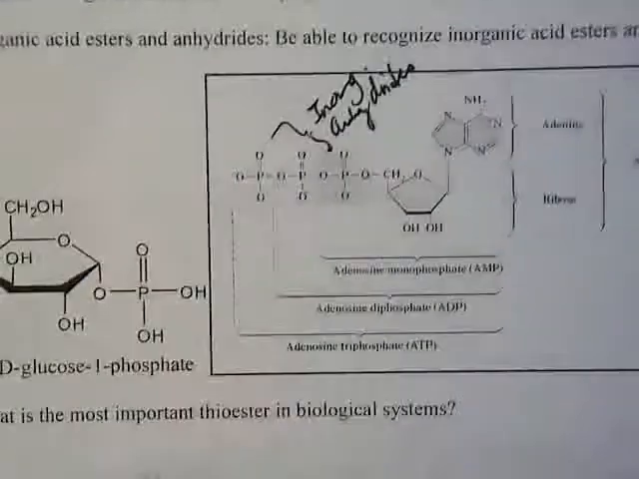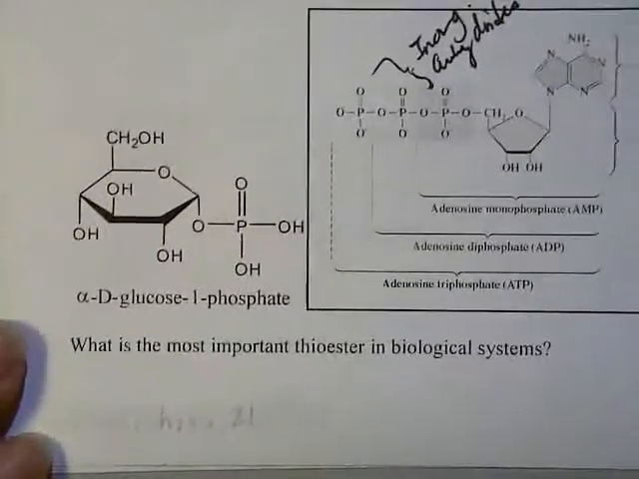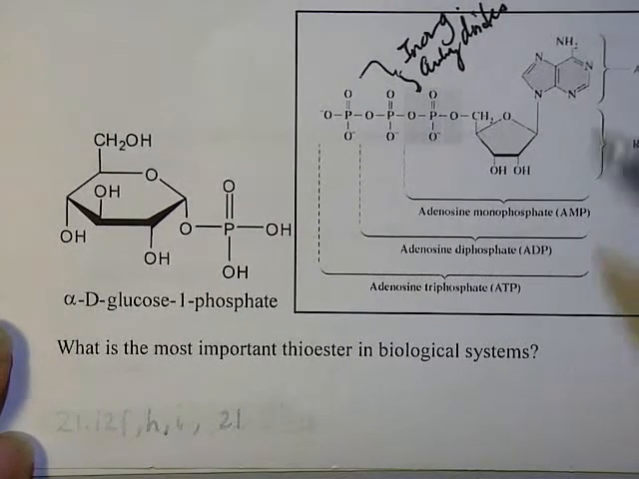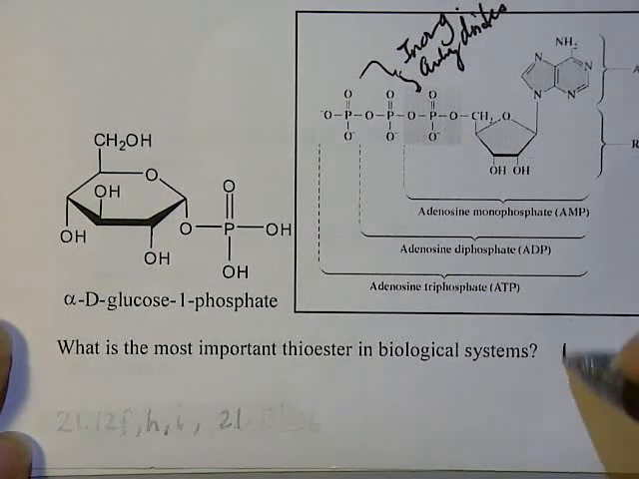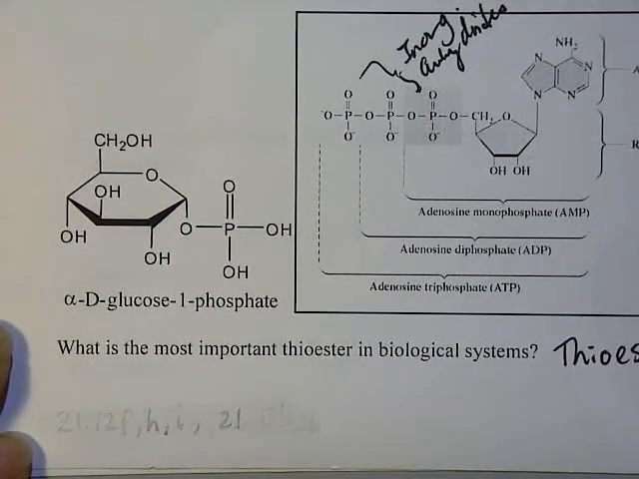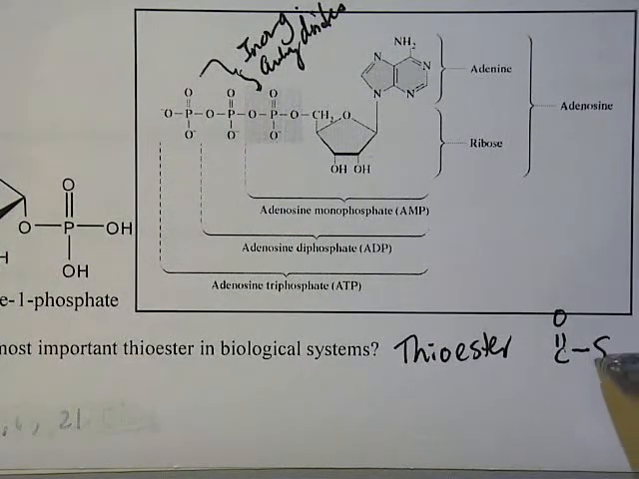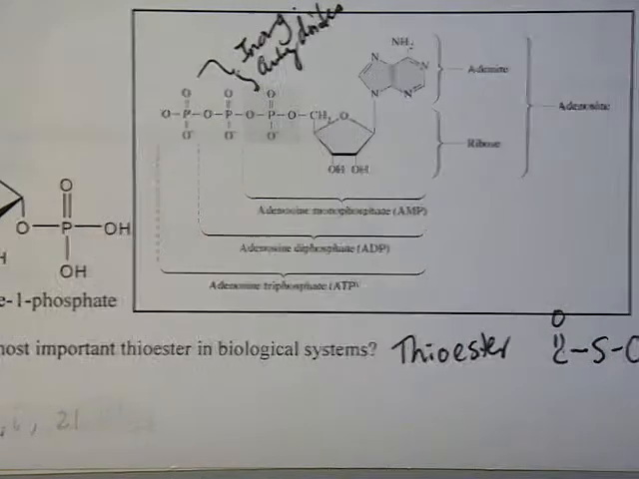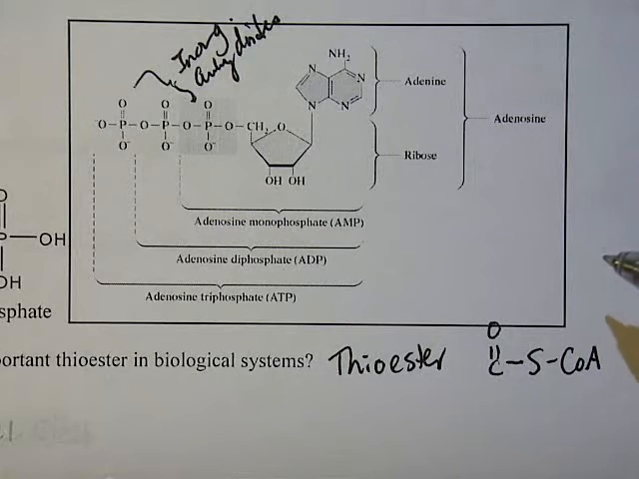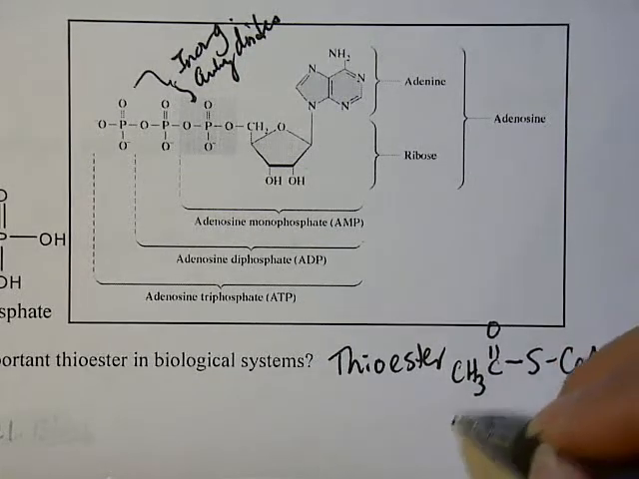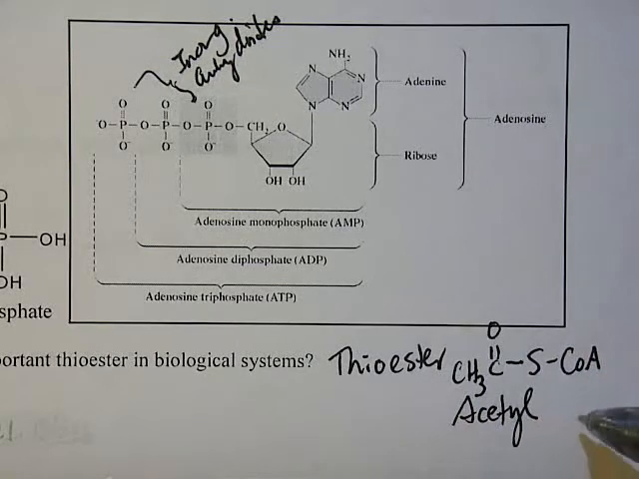And then the last thing is, what is the most important thioester in biological system? The answer to that is a thioester, actually not a normal ester. So that means it has a carbonyl, and then instead of an oxygen, you have a sulfur attached to it. And probably the most famous of this is acetyl-CoA. So it's got the CH3 here, and this is oftentimes abbreviated as